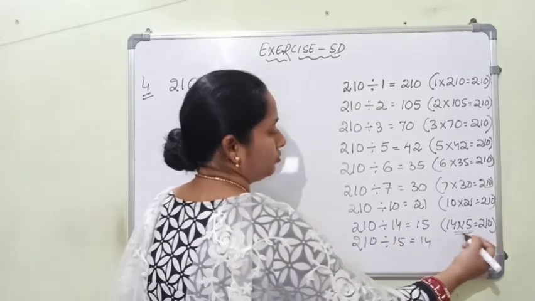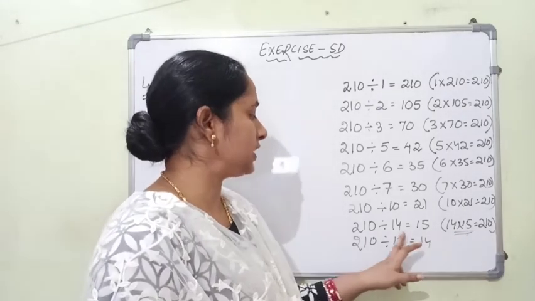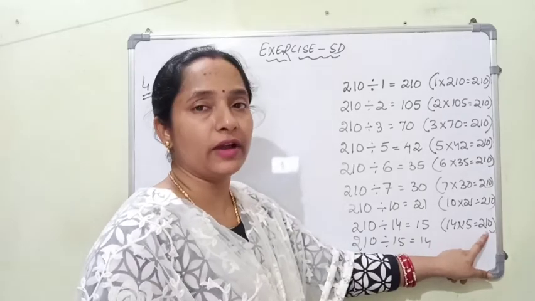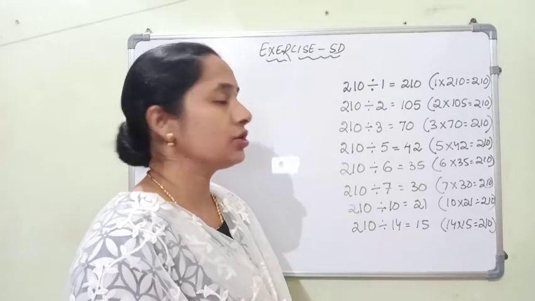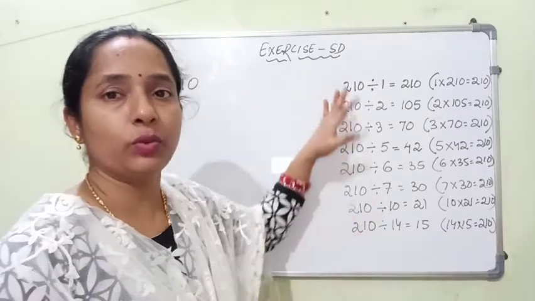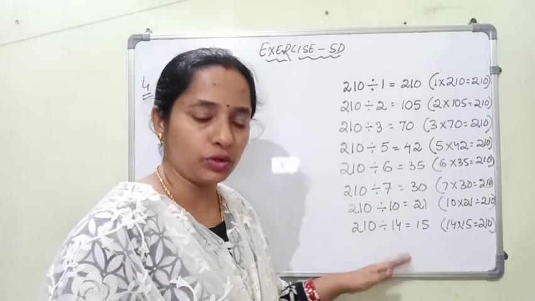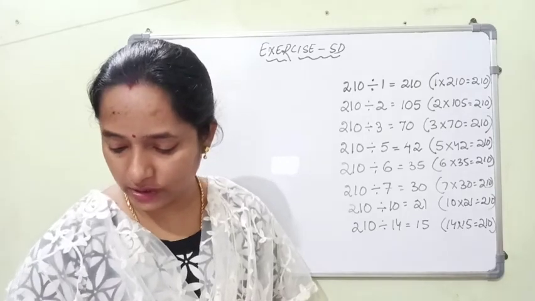Already we came to know that 15 is a factor of 210, which gives us the idea that 15 can exactly divide 210. So here we will not go further for finding the factors. So here we will stop. With this, we have all the factor pairs or all the factors of 210. Now let us come back to the question and try to write down the answers one by one.